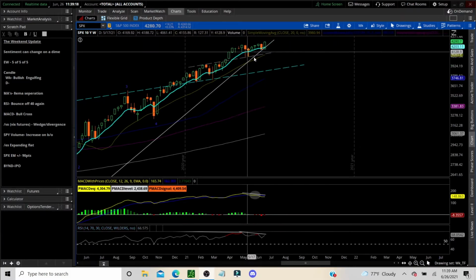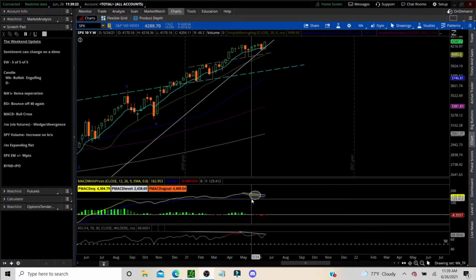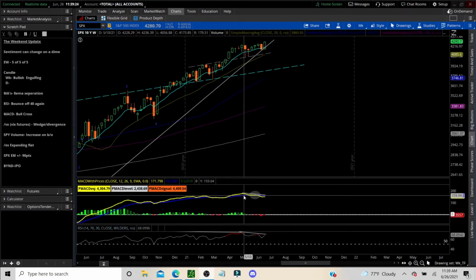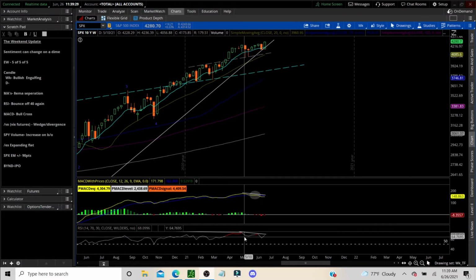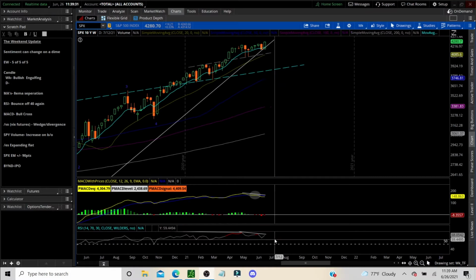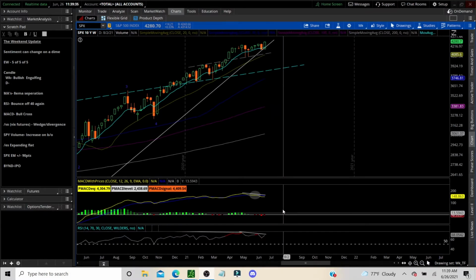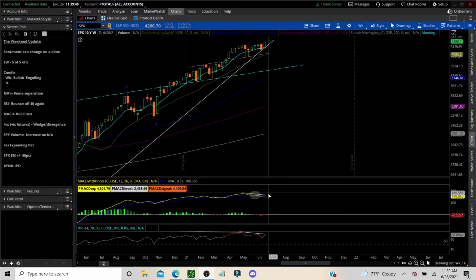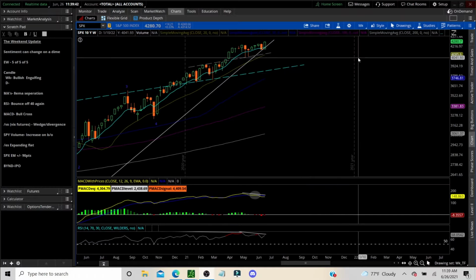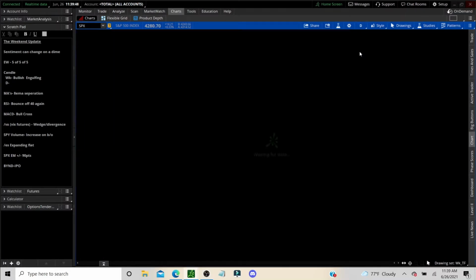Now we're over all the MAs, but we are looking at the MACD. We have not crossed back over to the bullish side. So we still have some bearish divergence there, as well as the RSI. We're not quite overbought anymore. So we'll have to watch those to see if we can cross back over and get some more momentum to the upside. Otherwise, we have to think that our momentum is lacking at this point, and we have to be cautious. Okay, so let's move over to the daily.